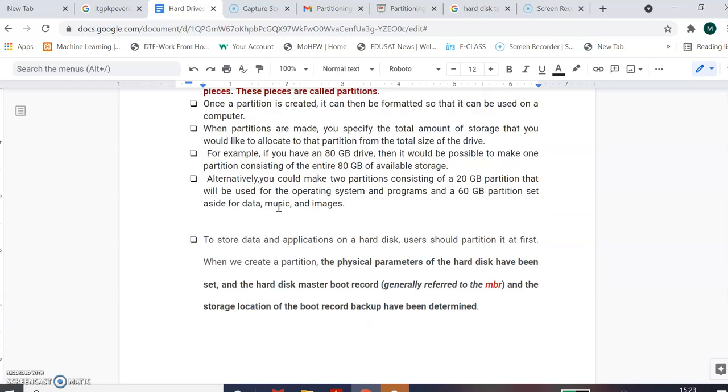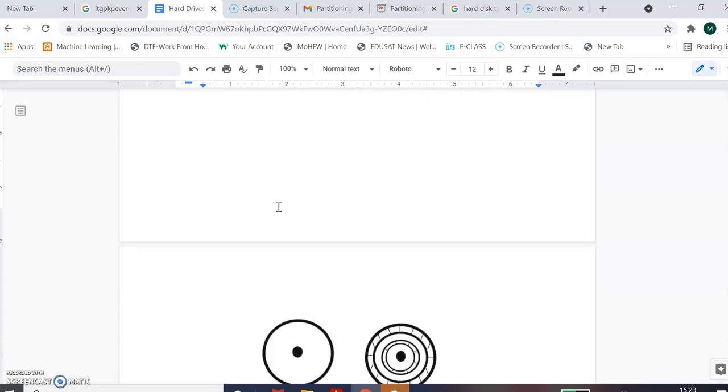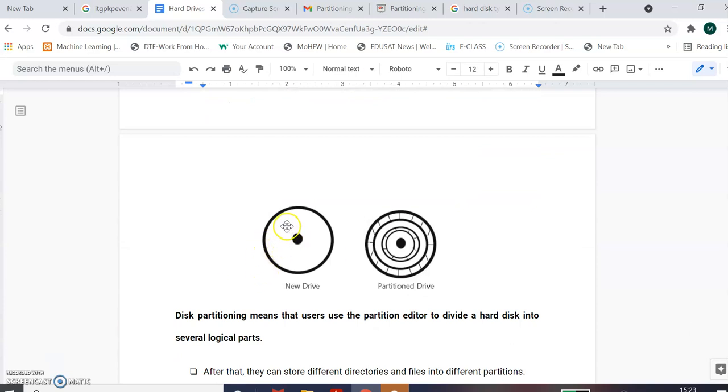Now, when you purchase your hard disk, or at the manufacturer's side, this left side picture shows that when a hard disk is created, it is just a blank disk. You can see it over here, in the left side picture. Once the physical partitioning is done, it is divided into physical formats. For example, it will have different tracks and different sectors, and this is the physical formatting.